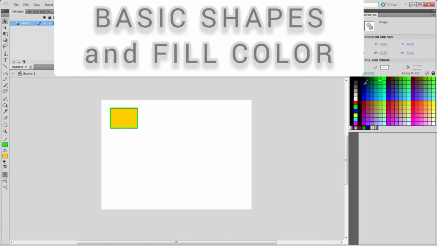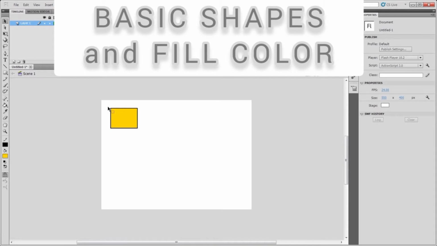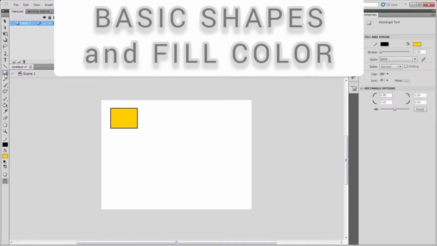Next is oval tool. This tool is also one of the basic geometrical tools and is used to draw circle or oval shape. To draw these shapes, click and hold the mouse button on the rectangle tool in the tools panel.